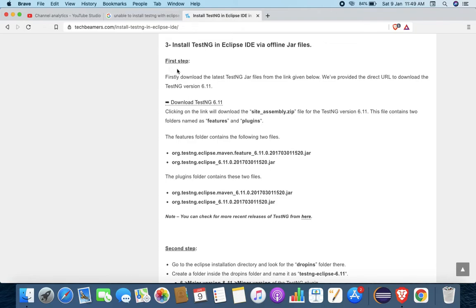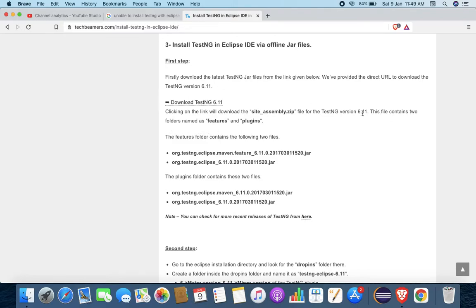At first they have mentioned to download the latest TestNG jar from the link given below. They have given a link, and from here you can download it. It gets downloaded in a zip format and you have to unzip it.